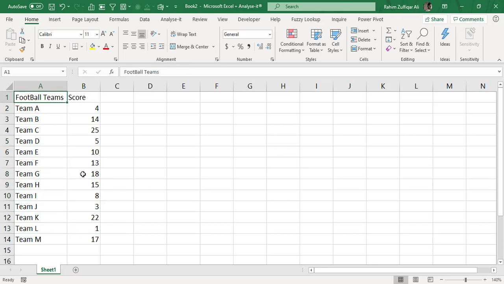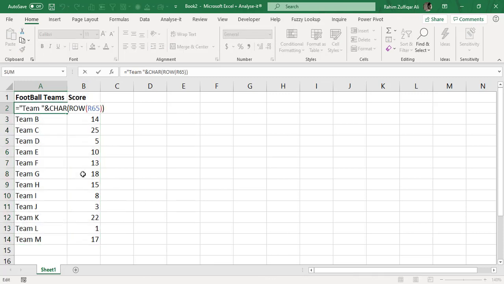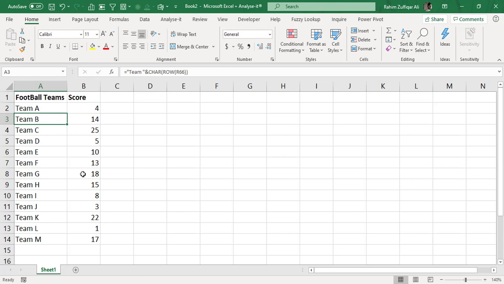So once we have the data ready here, the point of creating data from the very start was to tell you about this kind of logic as well, to teach you more in this video about CHAR and ROW, how to generate serials of alphabets, either capital or small, and also RANDBETWEEN.